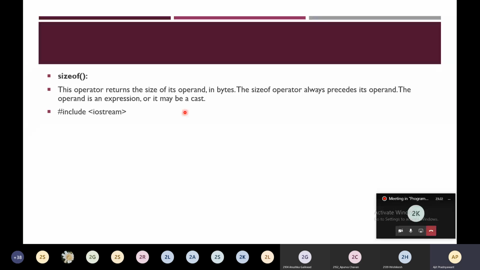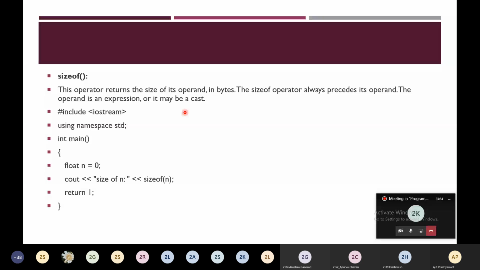Just see with the help of code. Here in the program, we have declared one float variable, float n = 0, and we have used cout << sizeof(n), and printed the size of n. This is the sizeof operator, and you have to pass only the name of the variable of which you want the size.